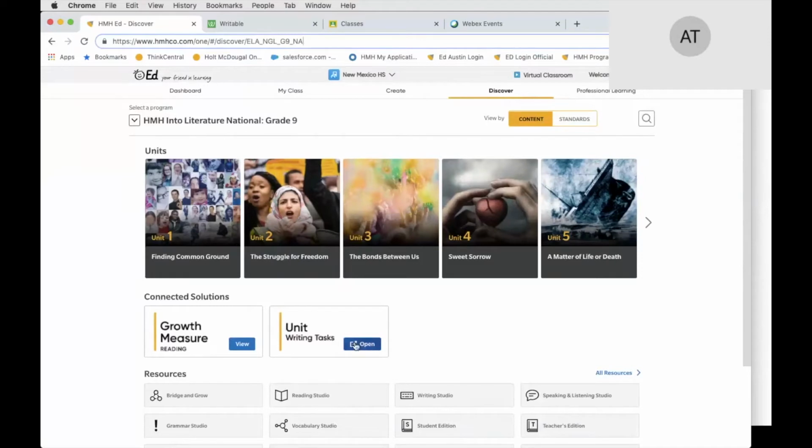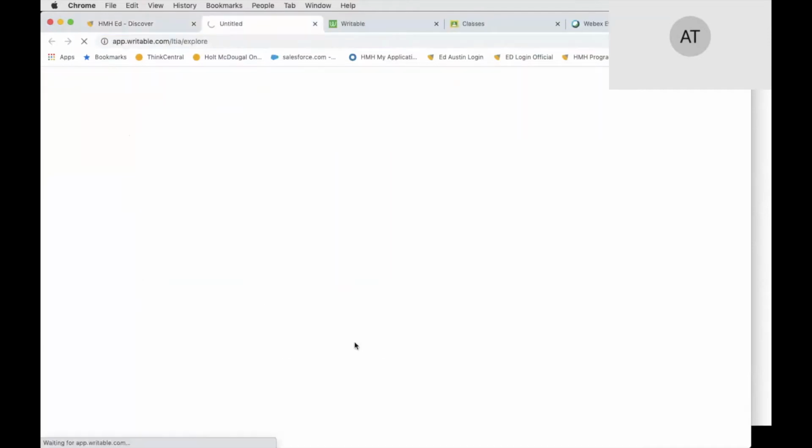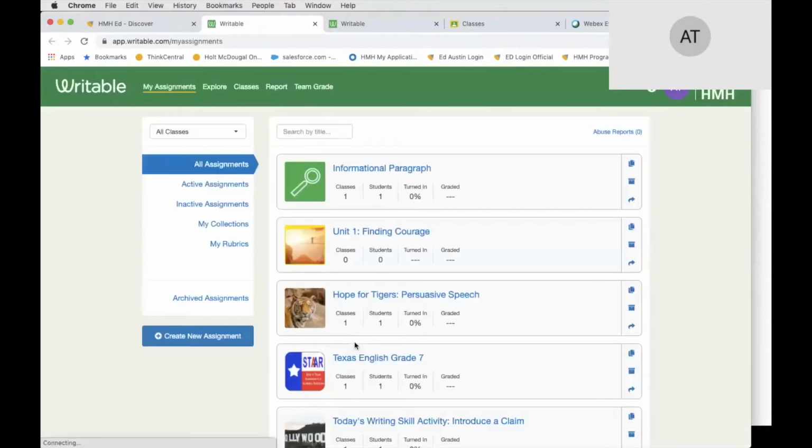Once you select open, it is going to open up to your Writable account. Now, if this is your very first time launching from Ed, it is going to ask you to connect to Google or Microsoft. So you want to go ahead and click on connect to Google. It's going to ask you to put in your Google login